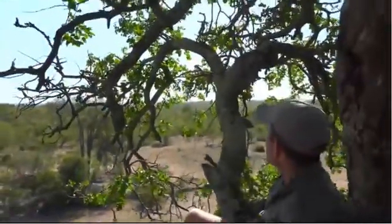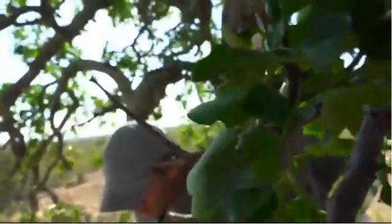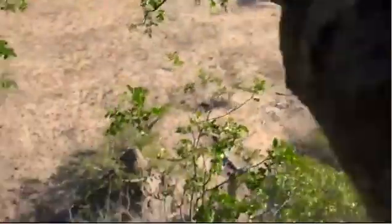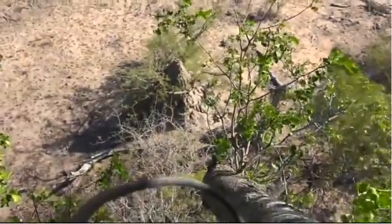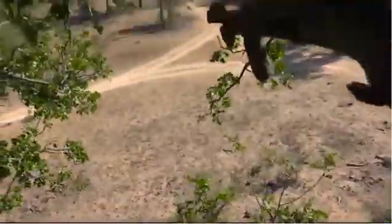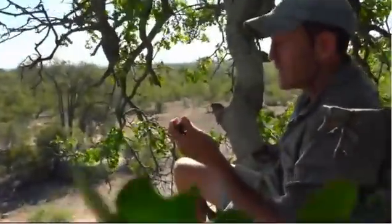And so just a little bit about this tree. It's called a Schotia brachypetala, or weeping boerboon, and it grows often on termite mounds, and that's what it's growing on now. I'm not sure if you'll be able to see that. And the bark, which peels off in great swathes, is a very important bark for this time of year. And that, of course, is because tomorrow is the